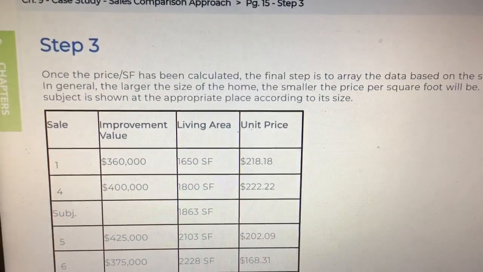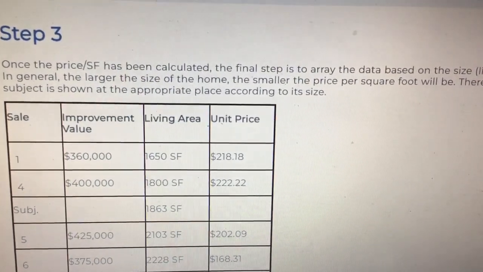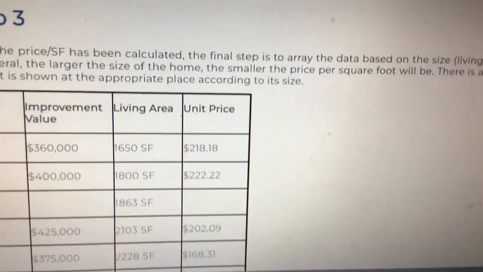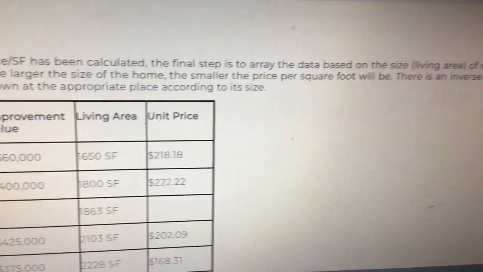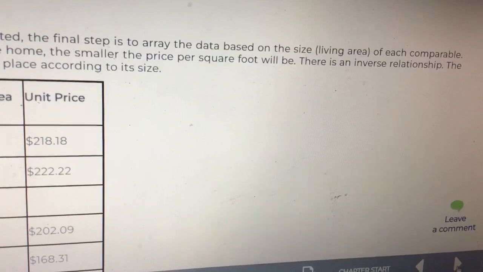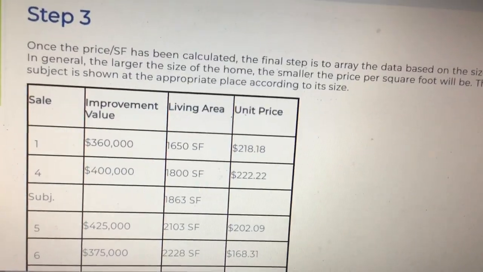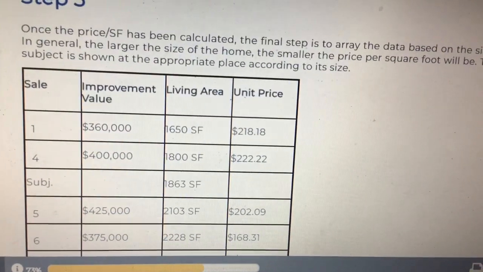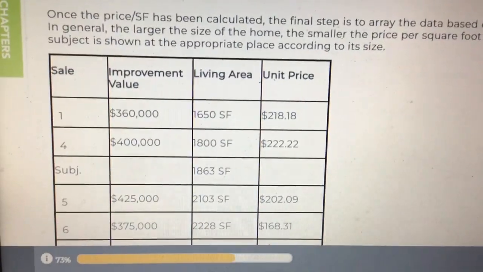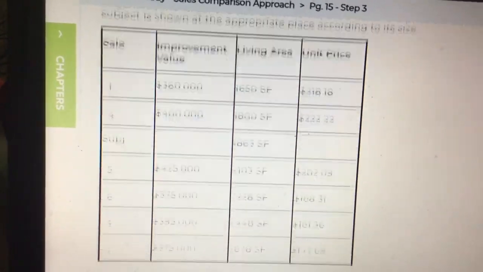In general, the larger the size of the home, the smaller the price per square foot will be. There is an inverse relationship. The subject is shown at the appropriate place according to its size. So on this grid that they have shown,